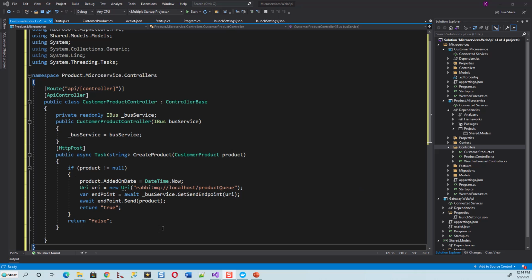If the product is not there, if this customer product is there, then it does this thing, and if the product is null, it returns false. Okay, now